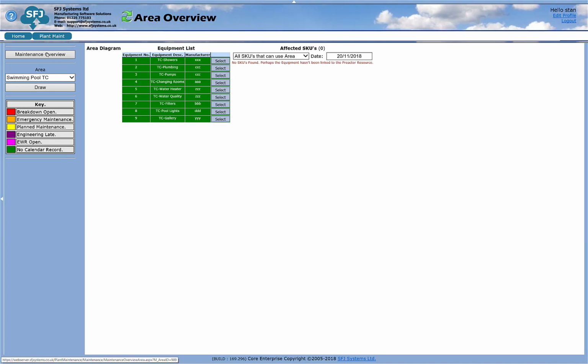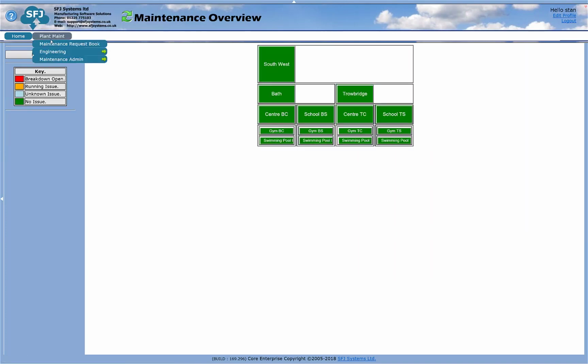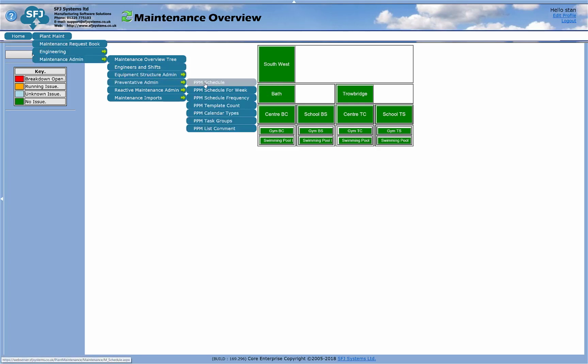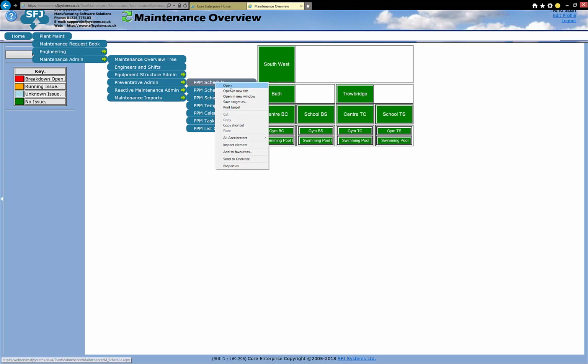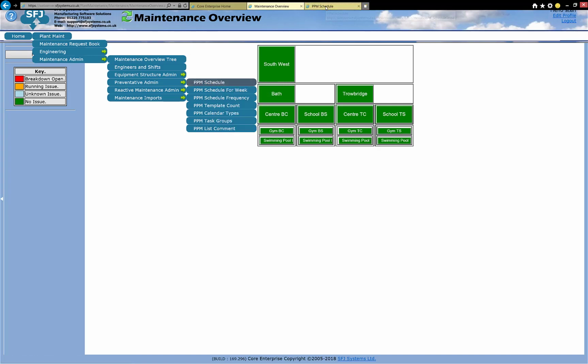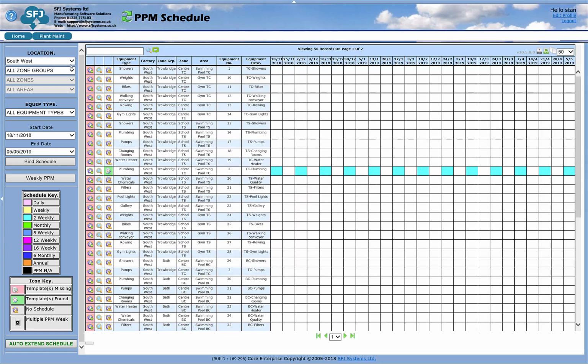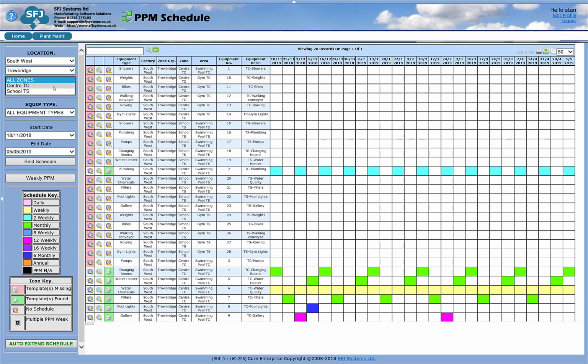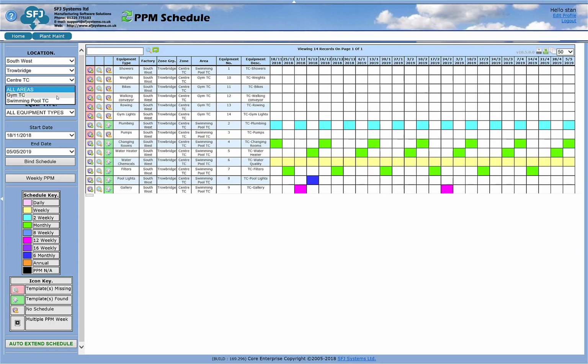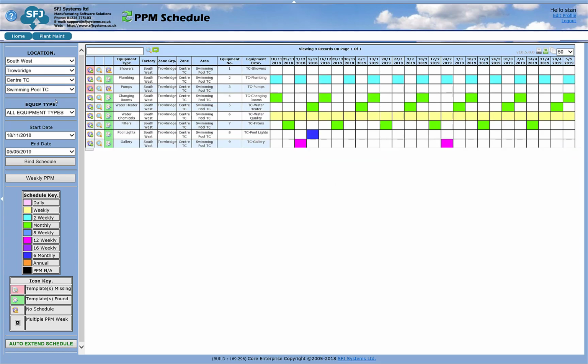I will go back to the overview and then move on to look at the preventative maintenance schedule first, and I'll create a new tab, open the schedule, and this has actually got all the resources on this system in. I'm going to filter them down to Trowbridge Centre and just a swimming pool,